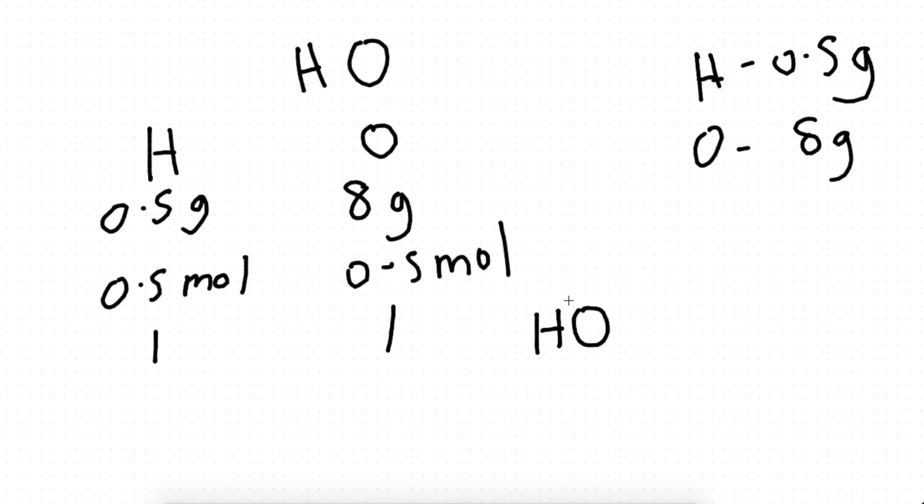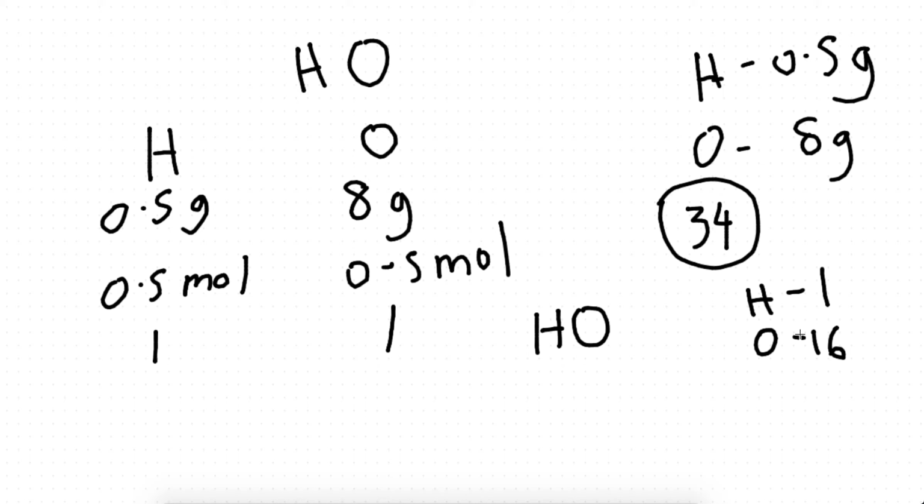Now, what do we do from here, students? We are given the molar mass of HO to be 34, right? That's what the question said. This is the total. So, how do we find molecular mass? Individual relative atomic masses. Hydrogen's relative atomic mass is 1. Oxygen's relative atomic mass is 16. So, we add them. 1 plus 16